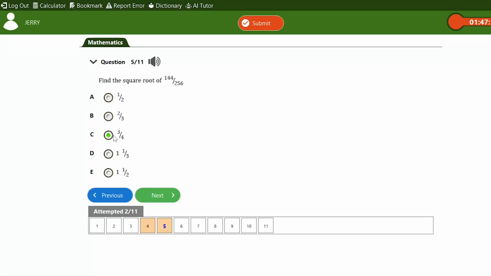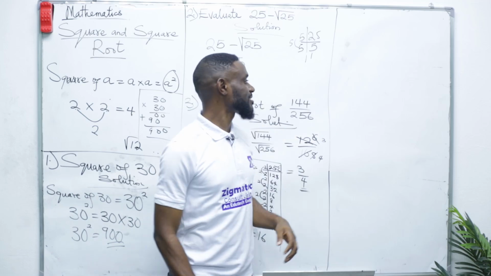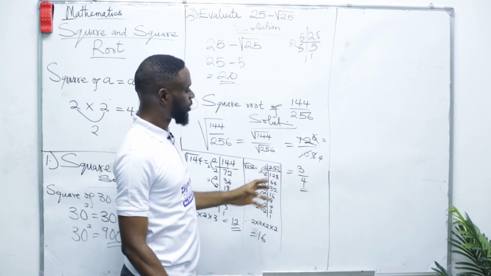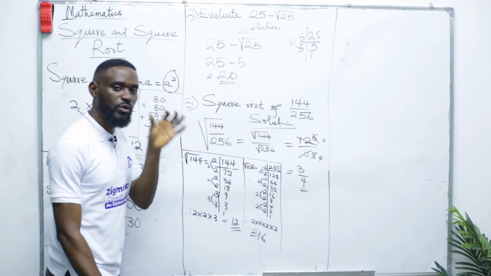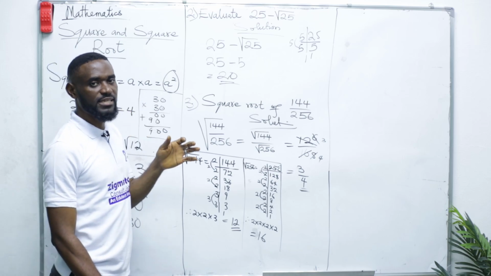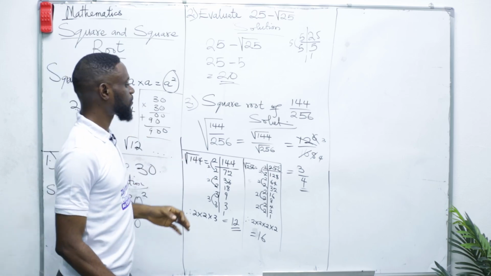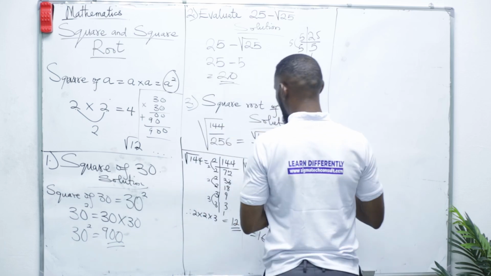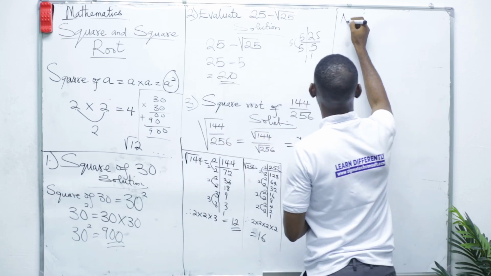Alternatively, another form that we can use in doing this, because in the exam you may not have the luxury of time to do all this. Another way is that you can simplify this to a point that you can find the square root. Do you understand the point now? For instance, I am saying alternatively,